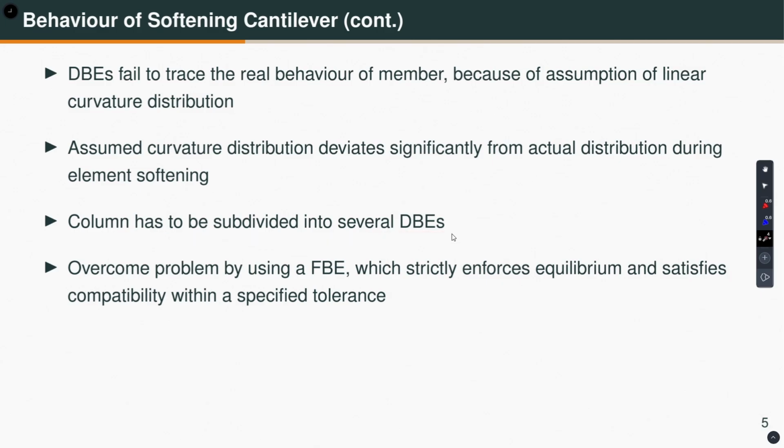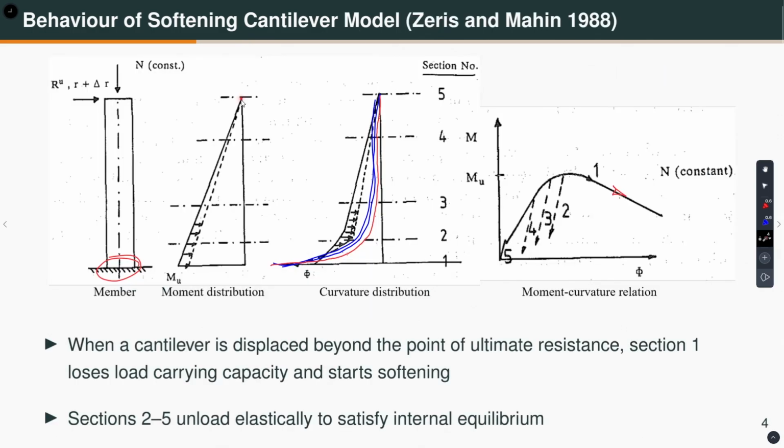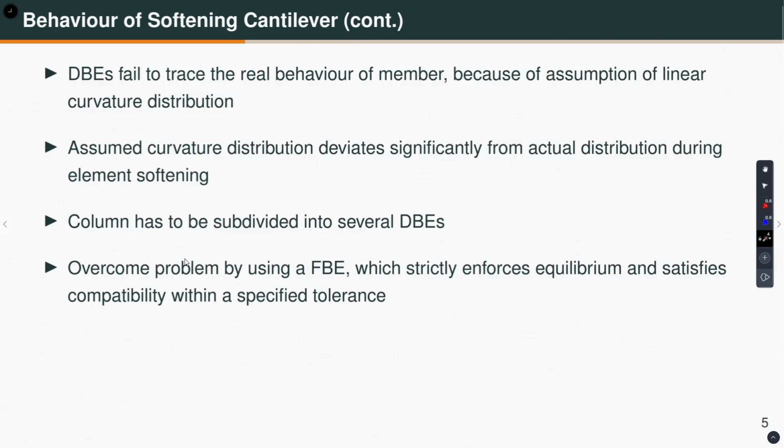On the other hand, if we use a force based element, a single element will do the job, because we are not making any assumption related to the curvature distribution. We are just enforcing the equilibrium strictly. That means the bending moment varying linearly. Okay. So, that means the force based elements are better than the displacement based elements, right. But force based elements are also not free from issues. For example, let us take